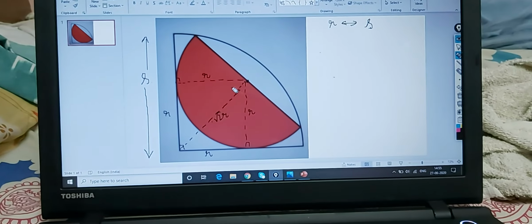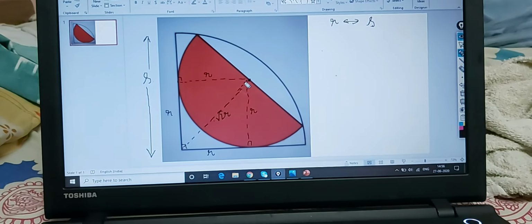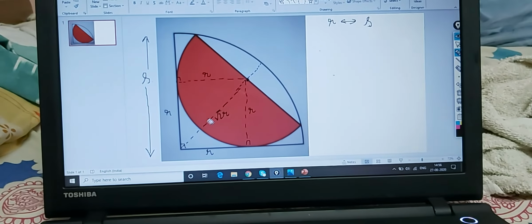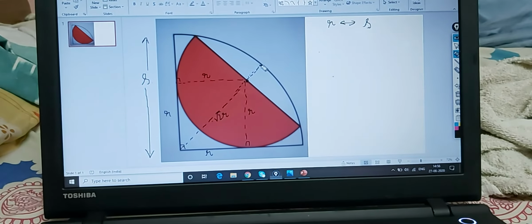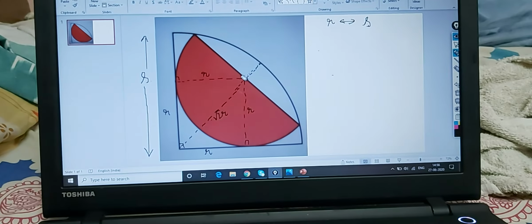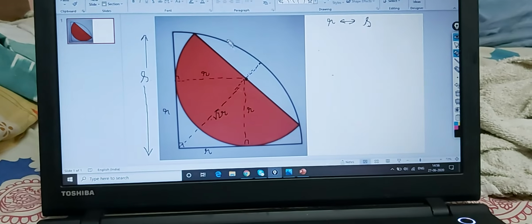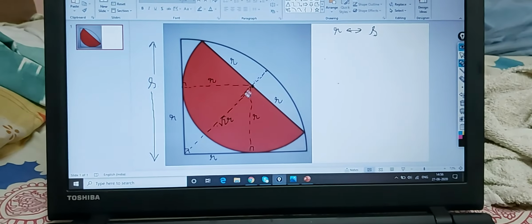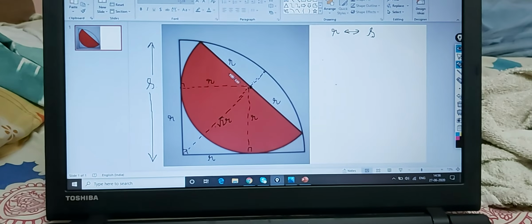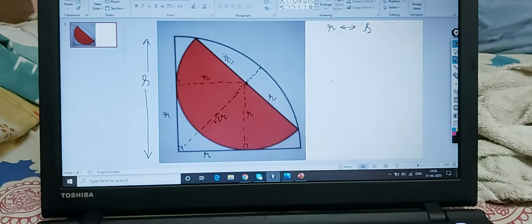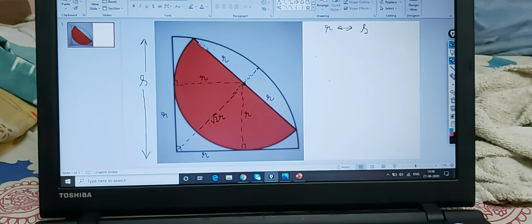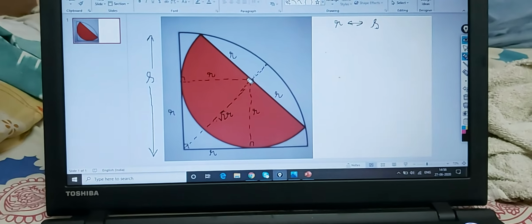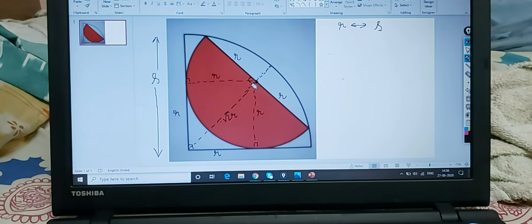So what next can be done? I'll try to drag this here. It is the same line being dragged till this point. So what can we say about this line now? You know, this is r, this is r. So this line is actually what? It's bisecting this chord, right? This is bisecting the chord. So what can this line be now? This line is nothing but a perpendicular bisector.